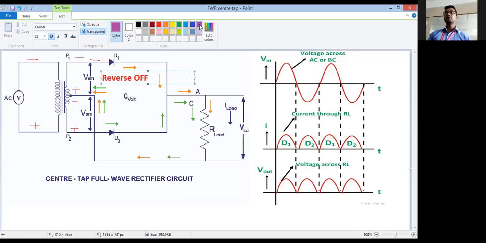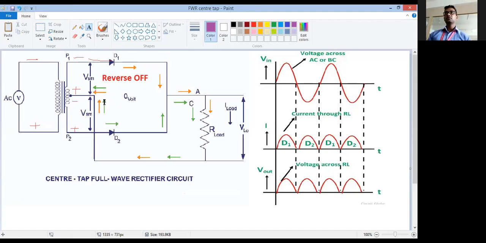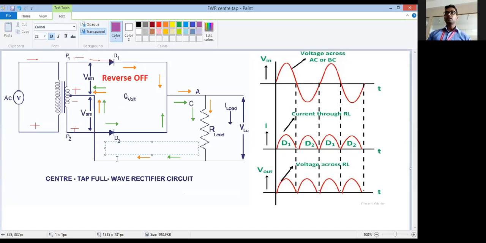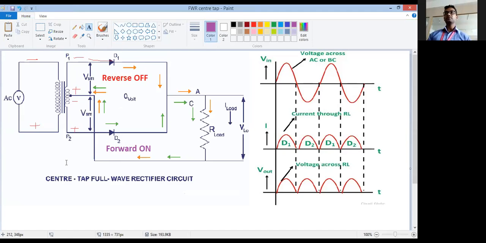And this D2 will be forward bias, and obviously it is on. So it is on. Getting? So as you can see, now the conditions are reversed. Conditions are reversed. That is, D1 is now reverse, hence off. D2 is forward, hence on. So as you can see